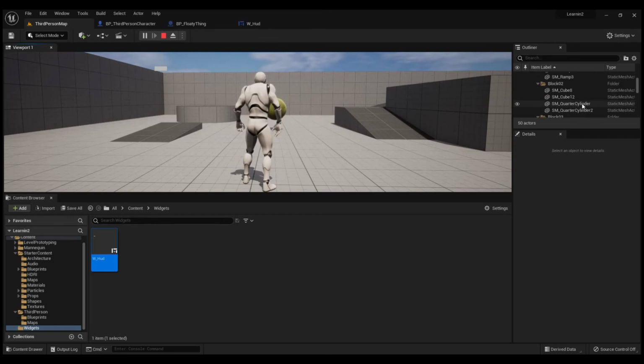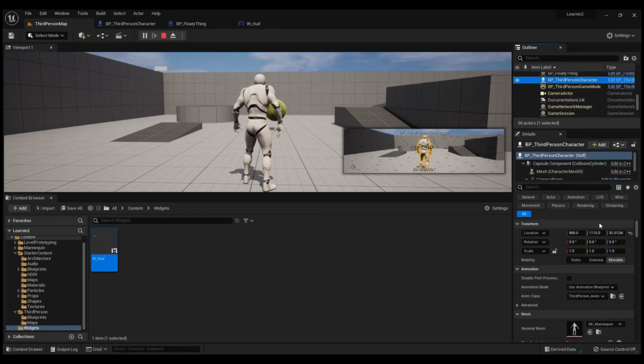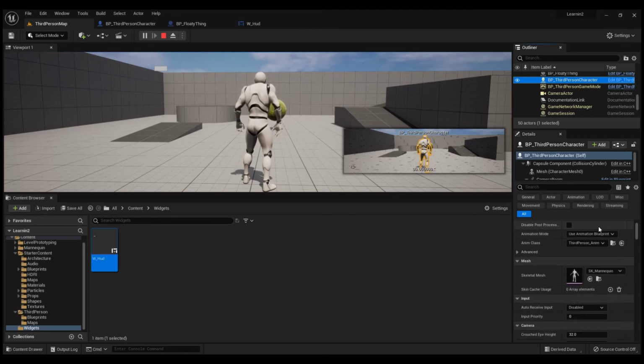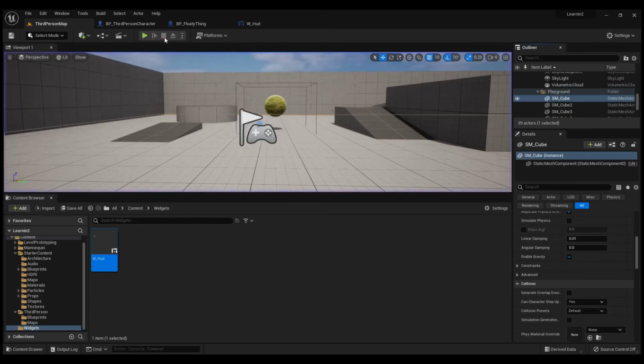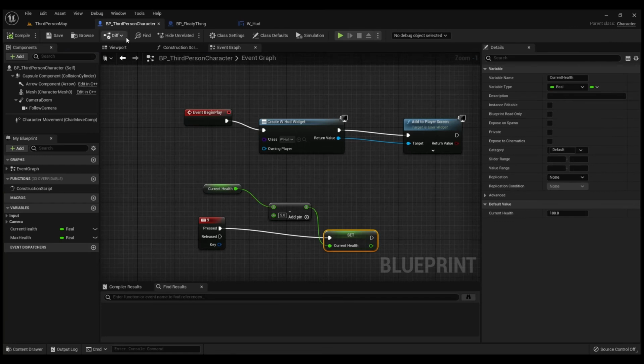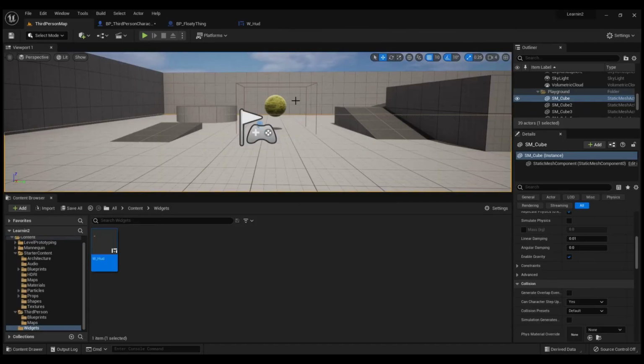and the way you can tell that is if you come over here and find the blueprint, wherever it actually is, there we go, third person character, and we come down here into the details about it. Actually, we can't because I didn't make it visible, so let me show you something real quick. If you want to be able to see information about variables as they're actually happening, you've got this eyeball over here. So you click on that, open it up, and now when you actually go into the game,